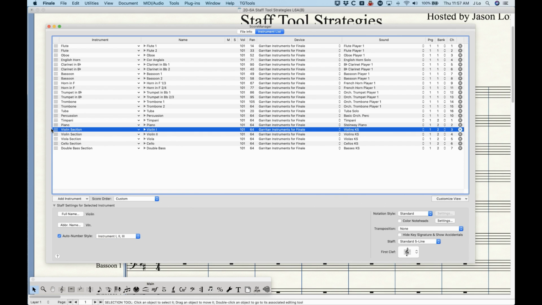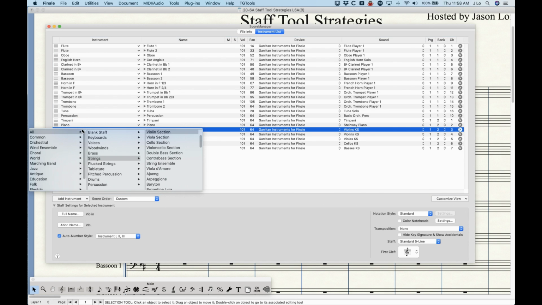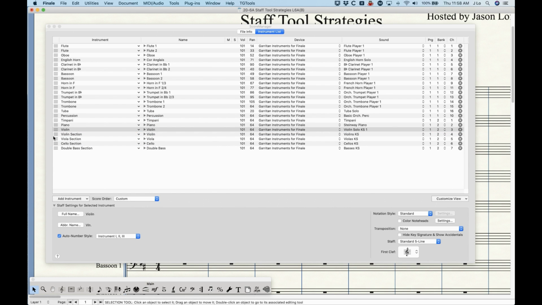Now, one common thing that happens with strings in particular is that there are actually 2 different string instruments that you can choose from. What I have set up here is the section instrument, so violin section, violin section. But if you go into the strings instruments here, there is a violin, which Finale considers a solo violin. So if you choose the violin, you'll still see violin in the name for both the solo violin and the violin section. So it looks like this should get auto-numbered as